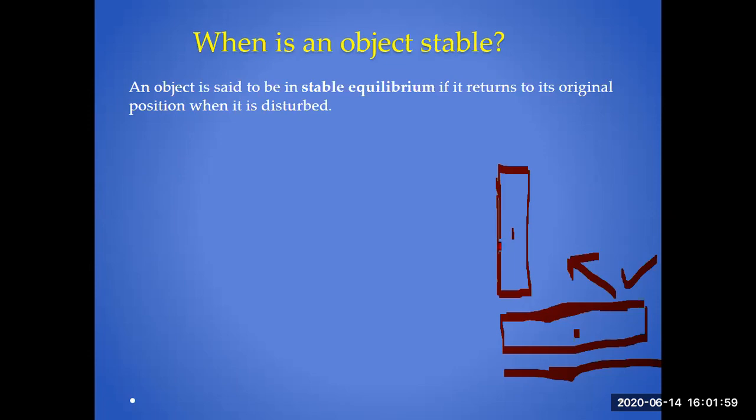But if you look at this one, it may be an example of a pencil, a pen, or a battery cell. If you apply a force from right to left like this, it will fall and gain a new position like this one. After gaining this position, if you remove the force, the body is not regaining its original state. This type of equilibrium is called unstable equilibrium.